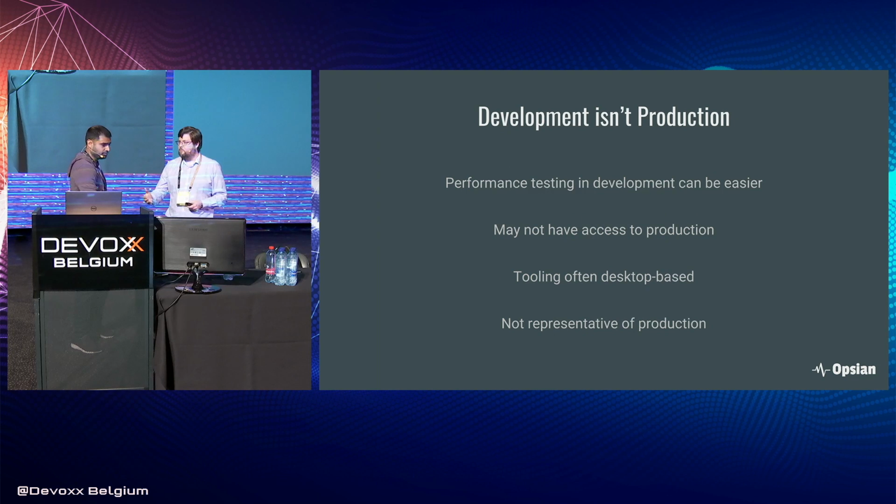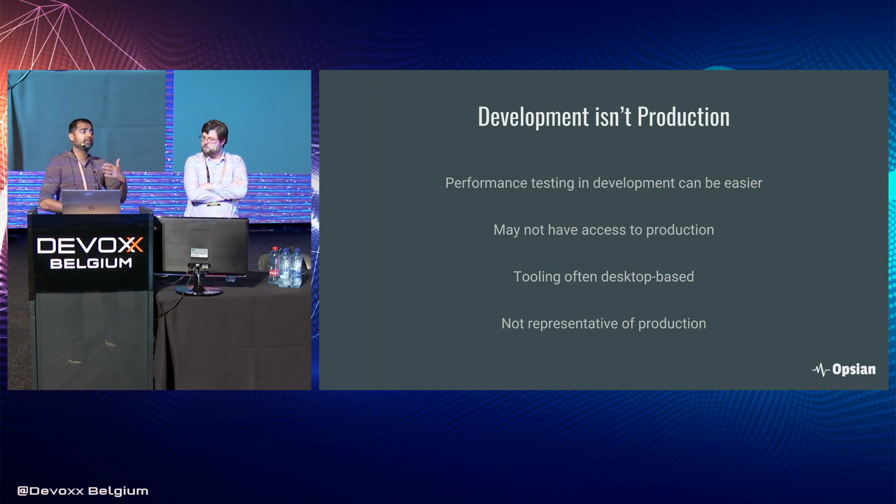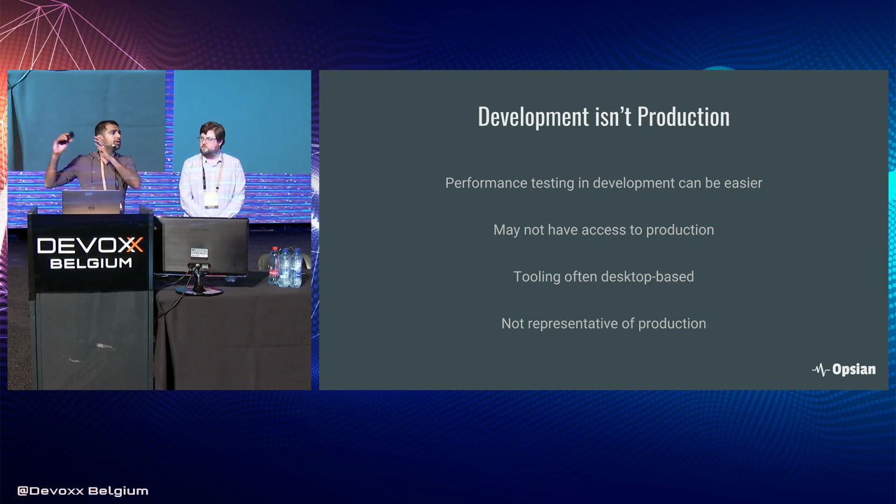So what's the problem with development environment performance testing? Sure. So over the next few slides, we're going to talk about why, from a performance point of view, development is not representative of production. So our goal here for performance work is to reduce the load in production. If we're reducing performance bottlenecks and increasing our capacity in development, well, that's nice, but not really that useful. The end goal is to increase capacity and improve performance of production.